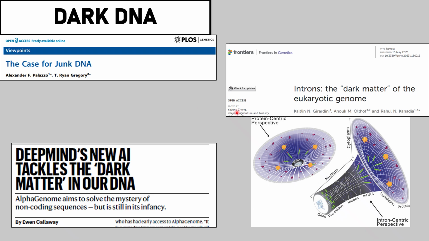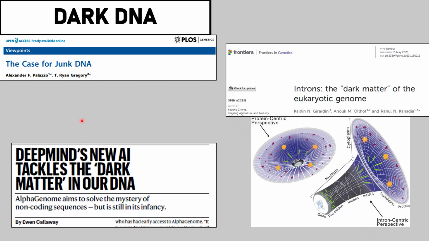A big thing here, this review, introns, the dark matter of the eukaryotic genome. Introns are a potential DNA dark matter. Introns were once thought to be just sequences to be removed. Turns out they actually have functional roles in regulating gene expression. And turns out other non-coding DNA can have roles in influencing the activity of